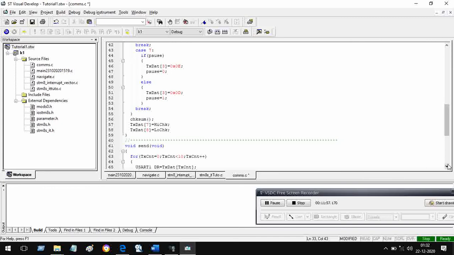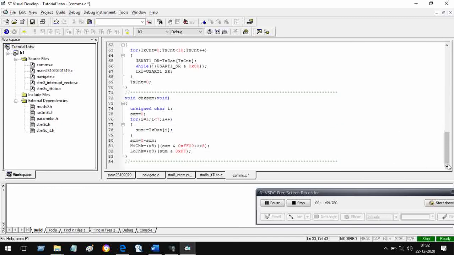Let us have a look at the checksum thing also. This is the checksum. We know how to obtain checksum. We add all those numbers from tx.1 to tx.6. We add them up and then take its 2's complement. That is, we change the sign, that's it. So this is the checksum.